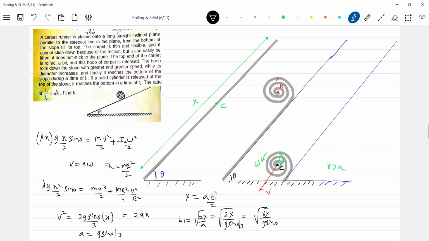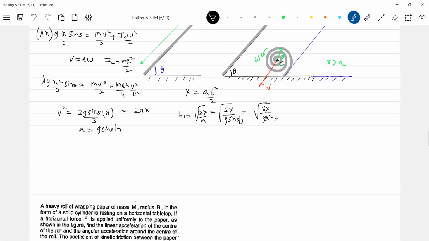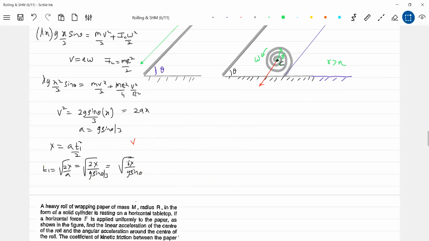Now what is the time taken for the cylinder to roll down? Again, we have to discuss the concept for the cylinder. If you remember the formula, well and good. Acceleration of cylinder, I'll discuss that separately. I think I have space, I'll dump everything here. Okay, let's discuss the cylinder separately.